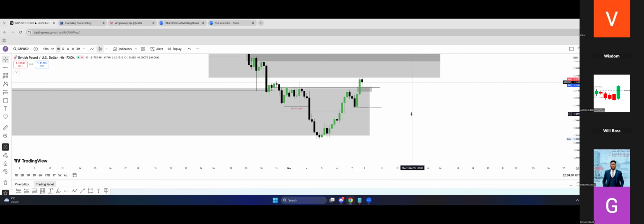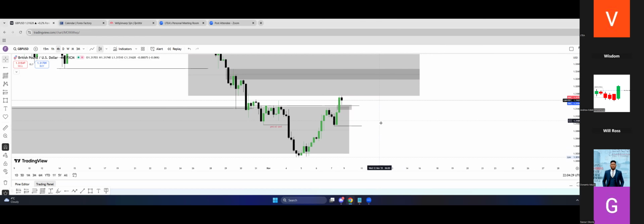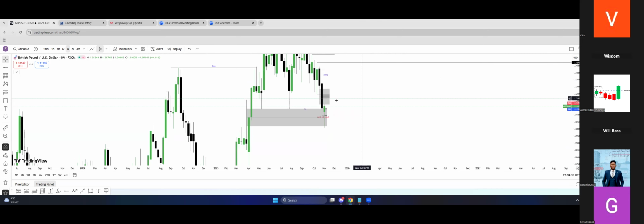Okay, for me, mostly I start from the weekly when I want to trade, just mark the highs and lows. It's okay to start from the weekly time frame, but in the end, you always have to start from the monthly time frame. Of course, you can also go higher, because that is basically how we look at the market.